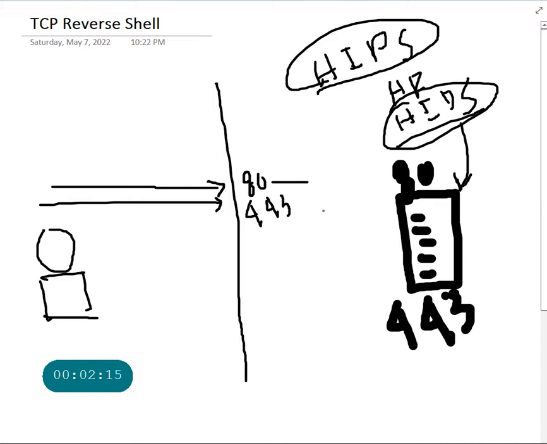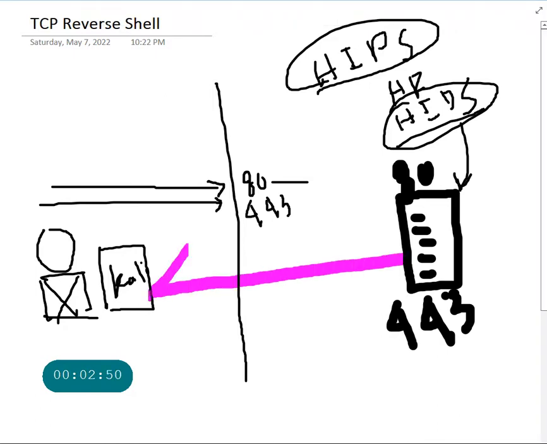So in a TCP reverse shell, our goal is to establish a connection from within this machine to the attacker's machine. So that is the bad guy. Okay, we need to establish a connection. And in a reverse shell, what happens? Okay, the connection is actually made from your server back to the machine that this person is using. Say it's a Kali machine. So in reality, what you really want is a connection that is made from this server back to the Kali,